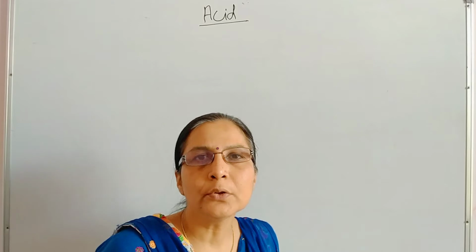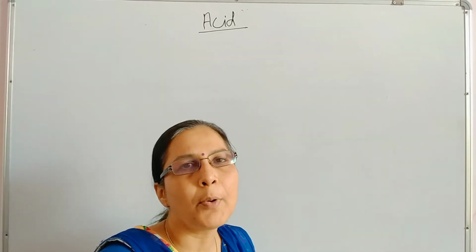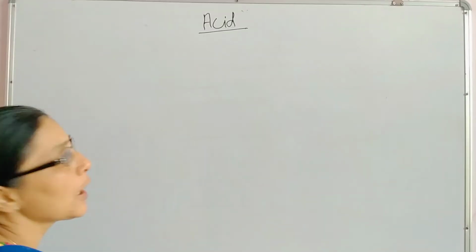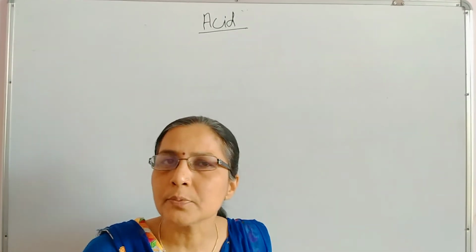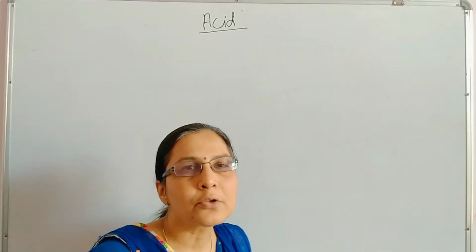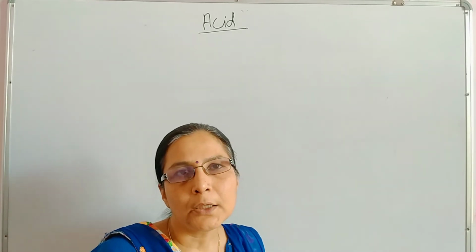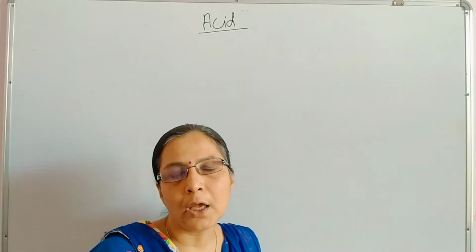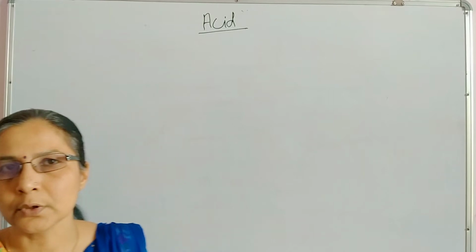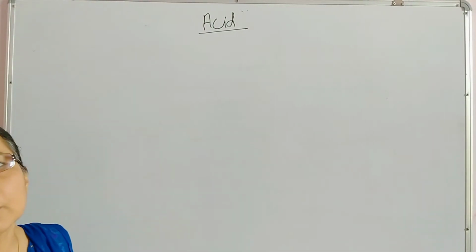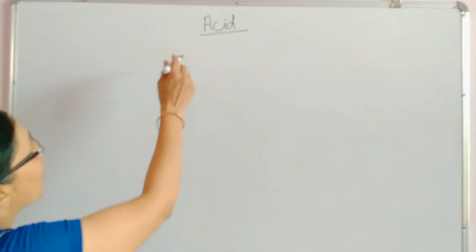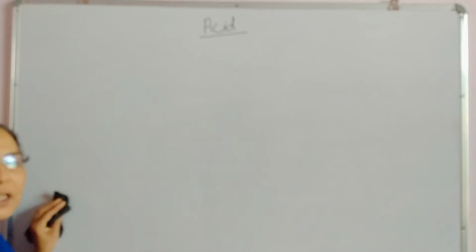So we need to read some detail about the acids first. What are acids? In your knowledge, acids are sour tasting substances, and the main sources of acid are natural sources like all citrus fruits. These citrus fruits will have one or two types of acid. You know very well. Now, what are acids and the solution indicators?